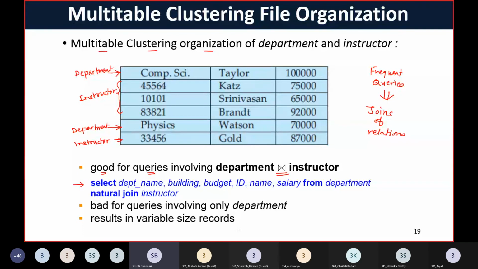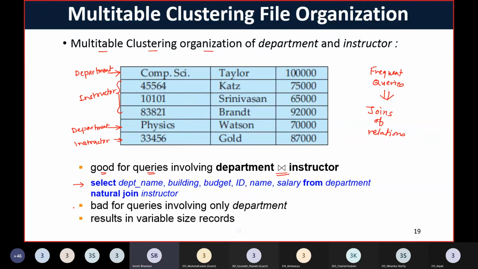We may go for multi-table clustering file organization, wherein the related relations are stored in a single block, so that only one block read can get the data from both the relations, and it is possible for us to execute such natural joins efficiently,